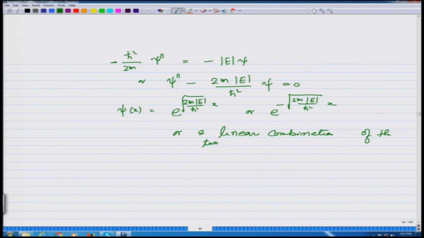Now, let me show you how you form this linear combination. Even if you do an elaborate exercise, you will get exactly the same answer. So, here is my x axis, the potential is symmetric, minus V naught delta x plus a, minus V naught delta x minus a. I know that on the right hand side the solution has to decay. I am going to plot the wave function on the upper side. These are the potentials, minus V naught delta x plus a, minus V naught delta x minus a,